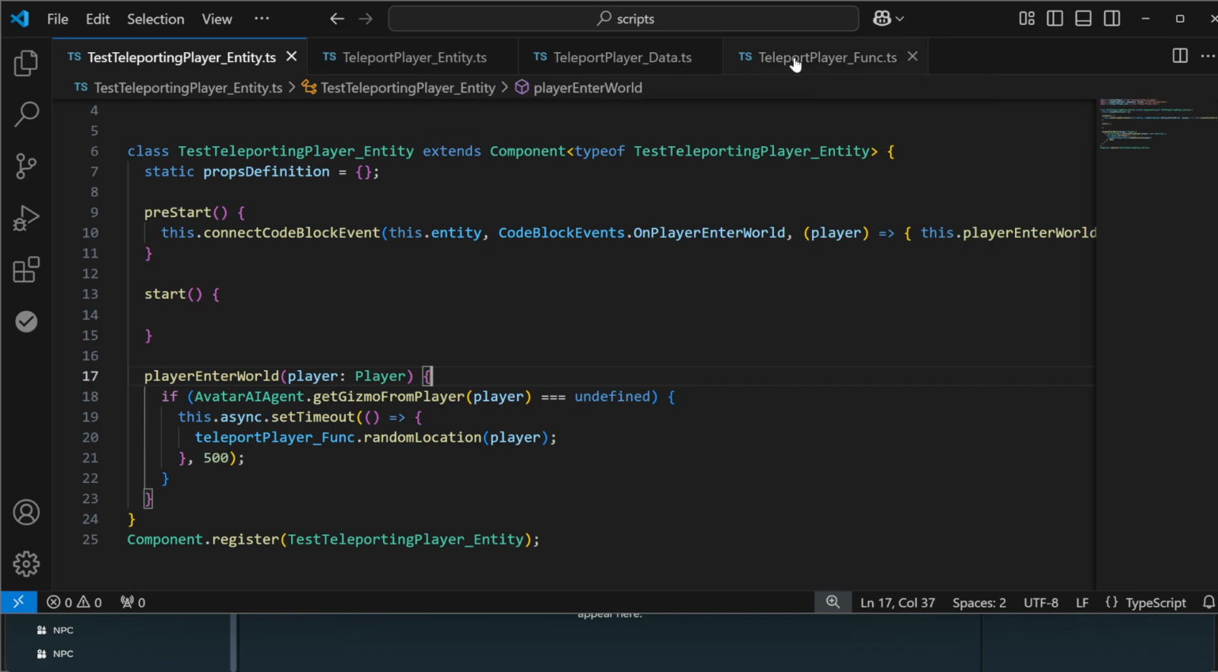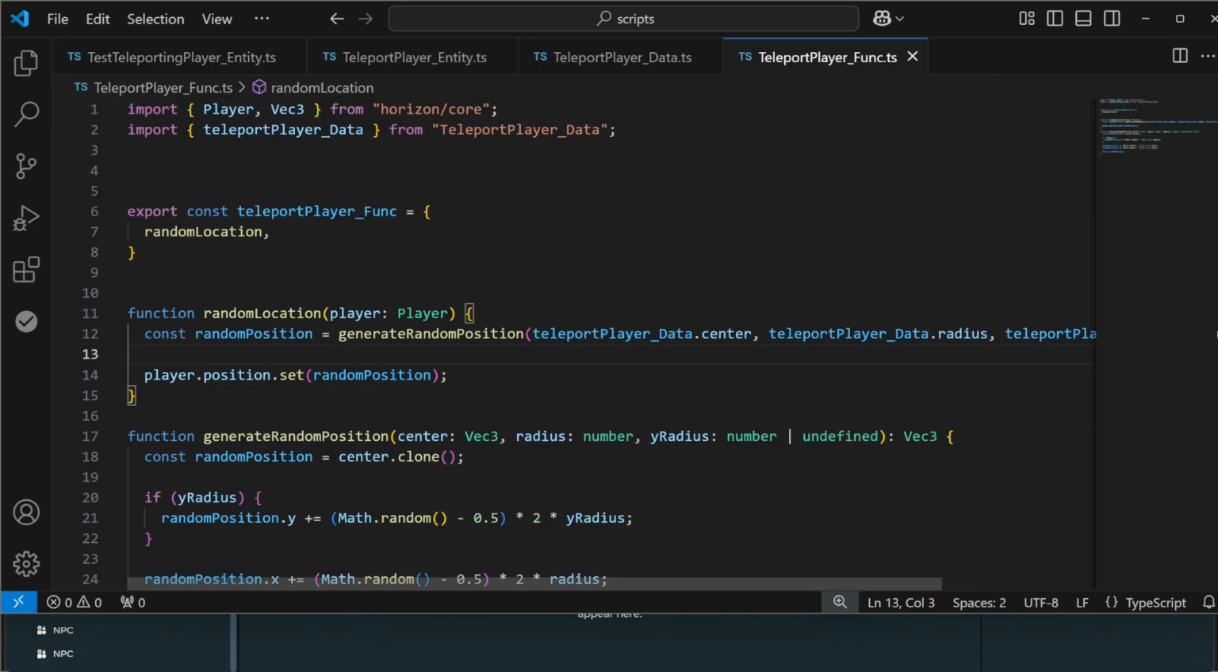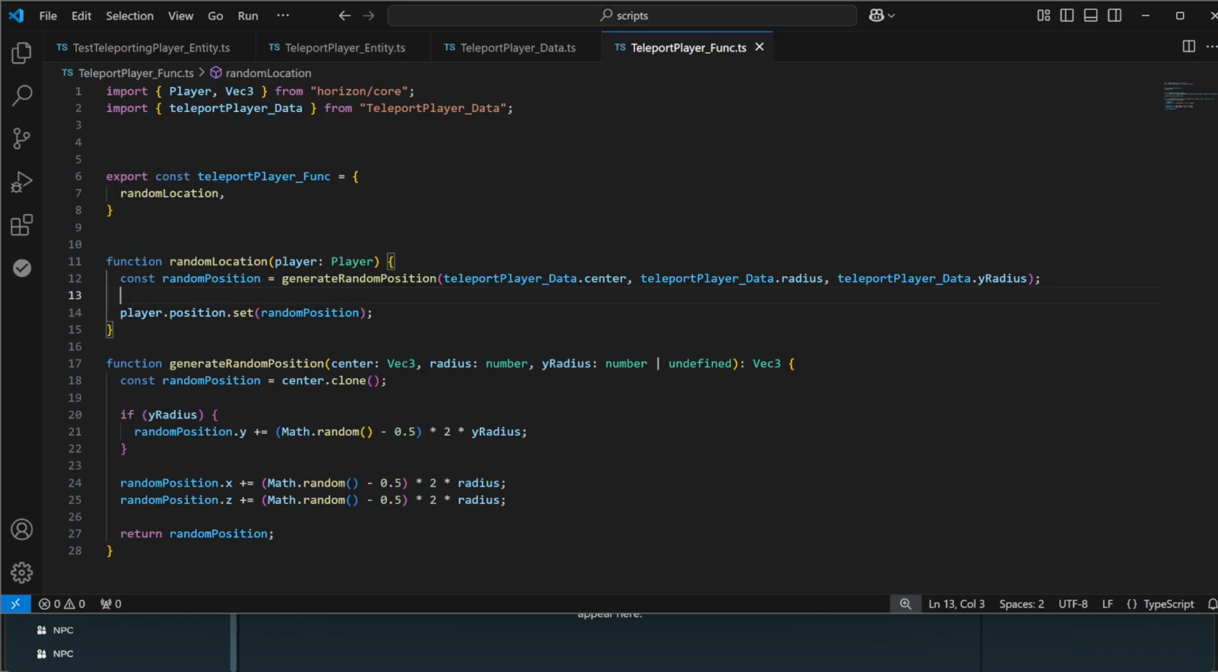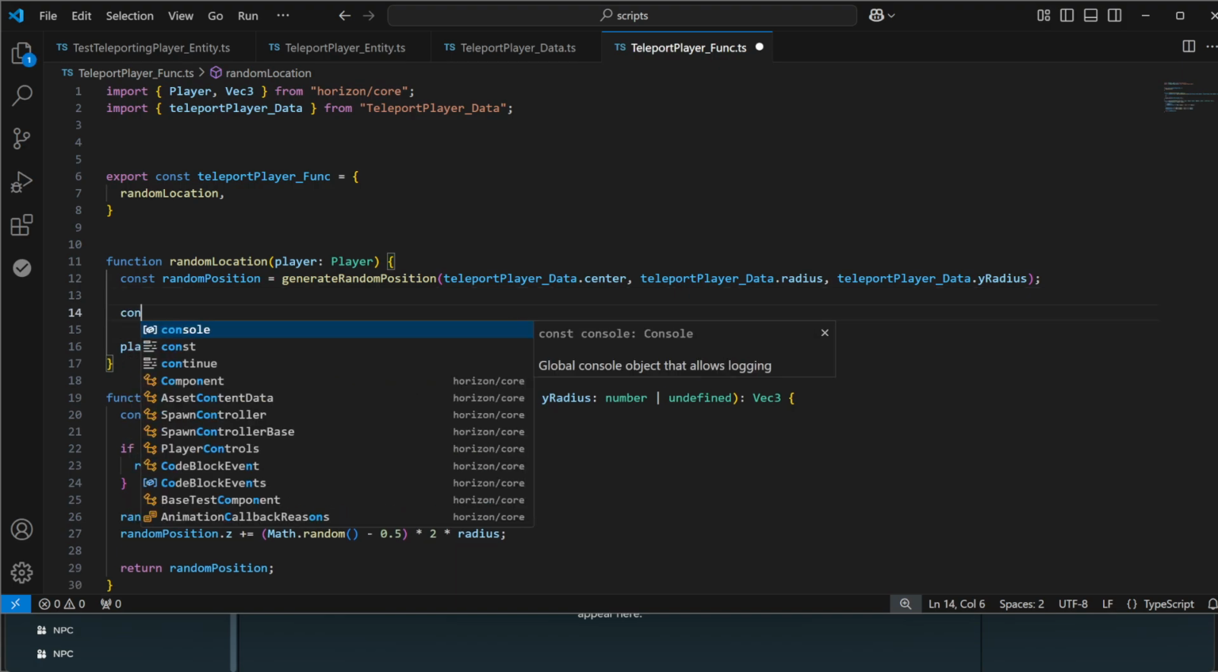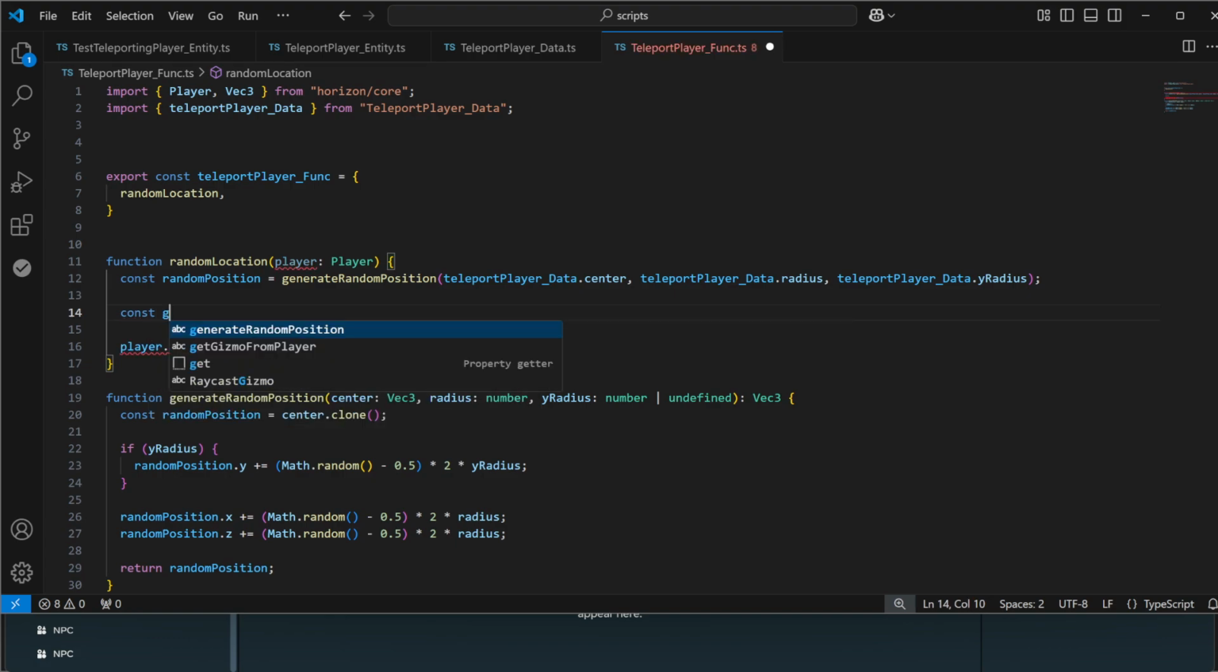Okay, so now our teleport player function has determined, I'm going to zoom this out a little bit so we can see the whole thing, a random position to teleport the player to. It's above the map though, so let's first ground this position. And so we're going to say constant grounded position